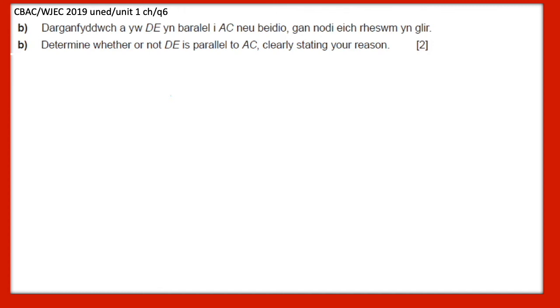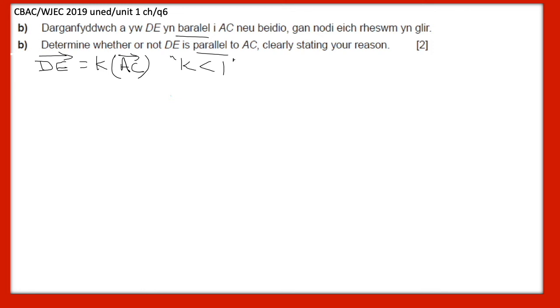And I'm looking to see whether it's parallel or not. Okay, now if it's parallel, what I know is that my vector DE must be some multiple of my vector AC. And in this case, looking at my diagram, and I'll redraw the diagram in a minute, K is less than 1. It's a fraction. I know that,